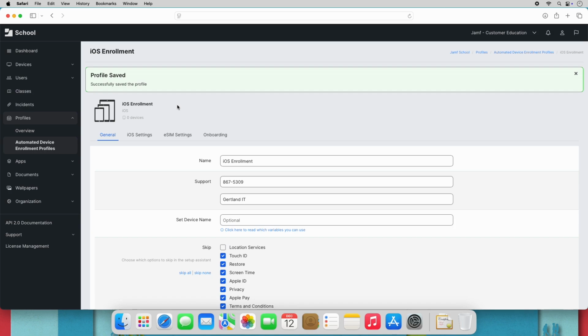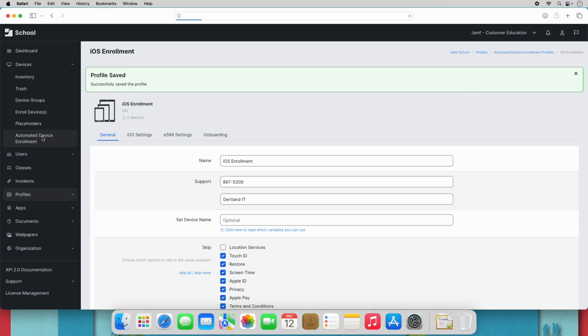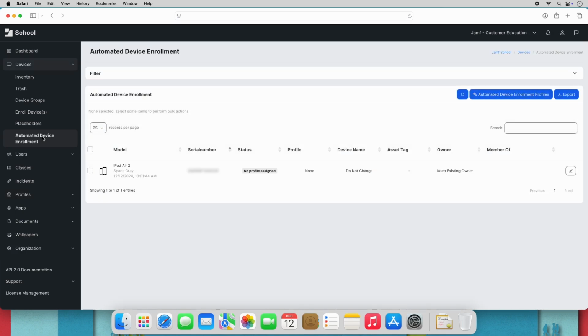The last step is to assign existing devices that have been synced in from Apple School Manager to the automated device enrollment profiles we just made. Navigate to Devices, Automated Device Enrollment. After the integration has been made, this is where devices from Apple School Manager will show up once they've been assigned to the MDM server we created in Apple School Manager. This page syncs with Apple School Manager periodically, so if you don't see your devices here even though you've assigned them to the MDM server correctly, click the Synchronize button in the top right to force a sync.